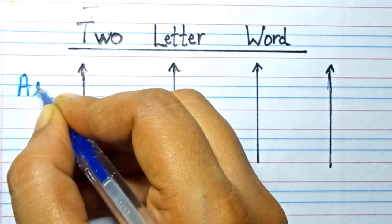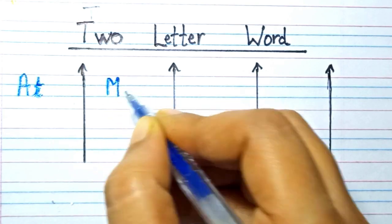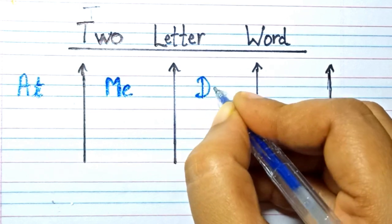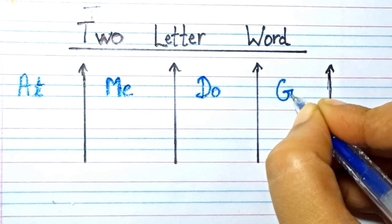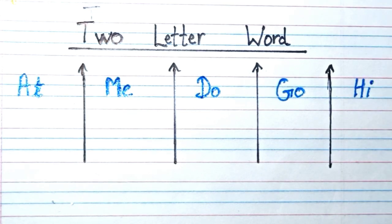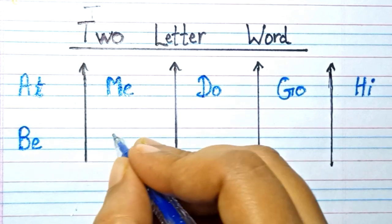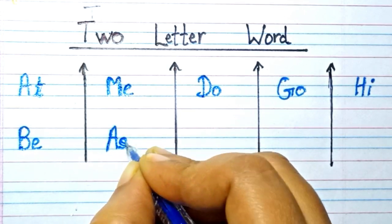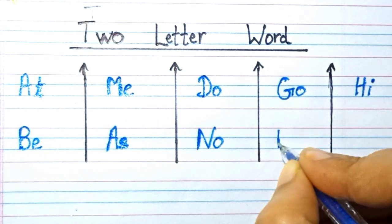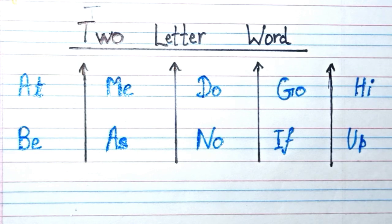A T at, A M E me, M E me, D O do, G O go, H I high, B E B, A S as, N O no, I F if, U P up,